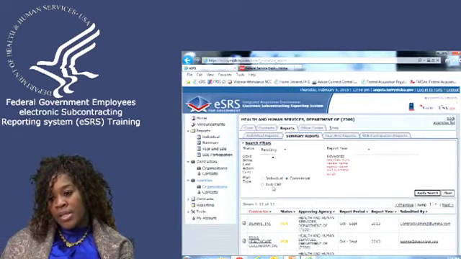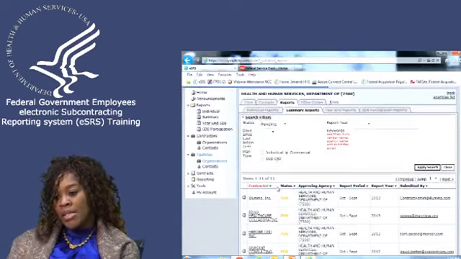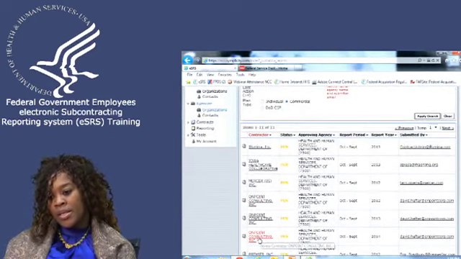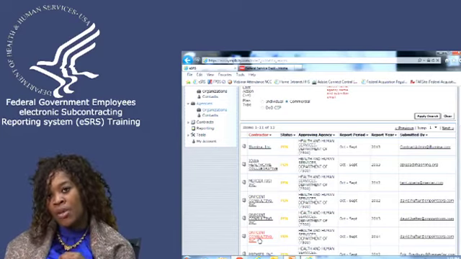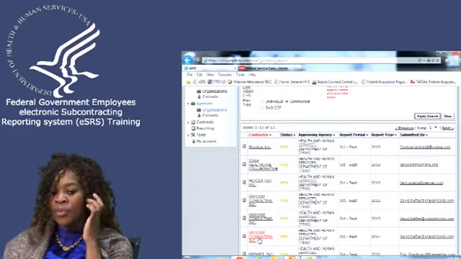So what we're going to do now is actually go into an HHS subcontracting report and review the data. What I really wanted this to be is a hands-on project, whereas you'll actually get to see a report, you'll get to see the data fields that need to be reviewed, you'll get to see how we expect for you to communicate within the report with your contractor.